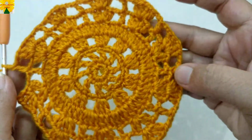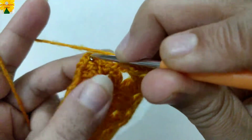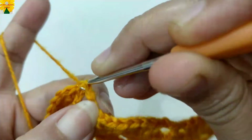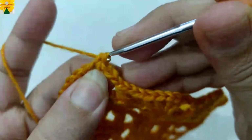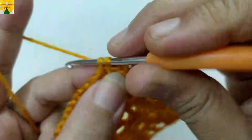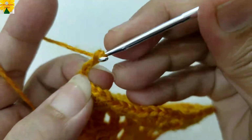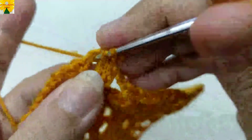When this round is complete, we have to join the stitches on the top of the 4th stitch with slip stitch. So insert the hook in, pull through 2. On the top of the next stitch, we have to make single crochet 1, into the chain space of 1, single crochet 1, chain 1, 2, 3, which counts as a double crochet, into the same chain space of 1,